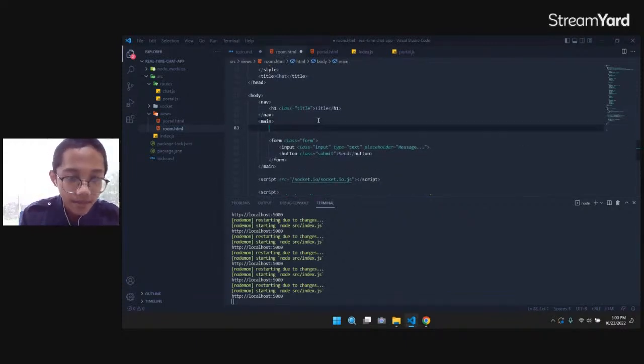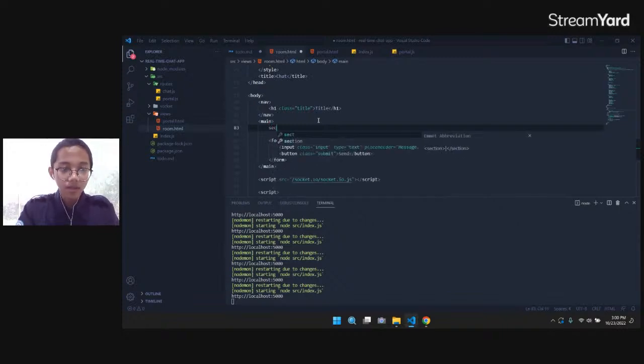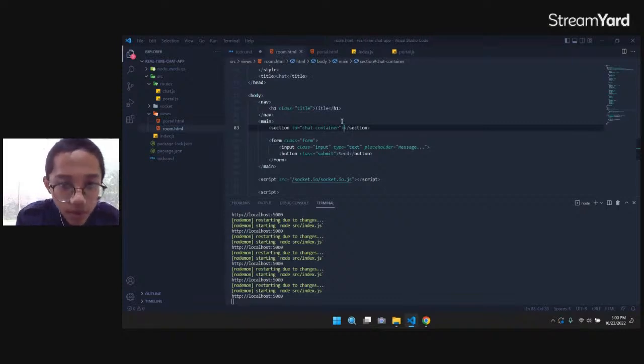Yes, I think, no. I will create a new section, and I will add this ID to chat container. So this chat container is for showing all of our messages, and I will add a class